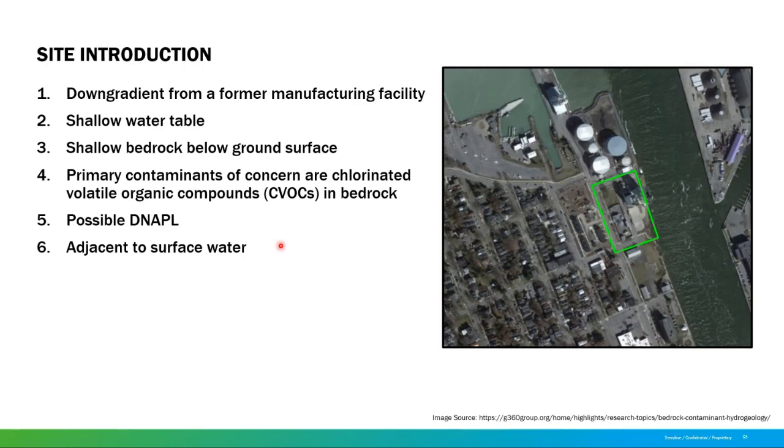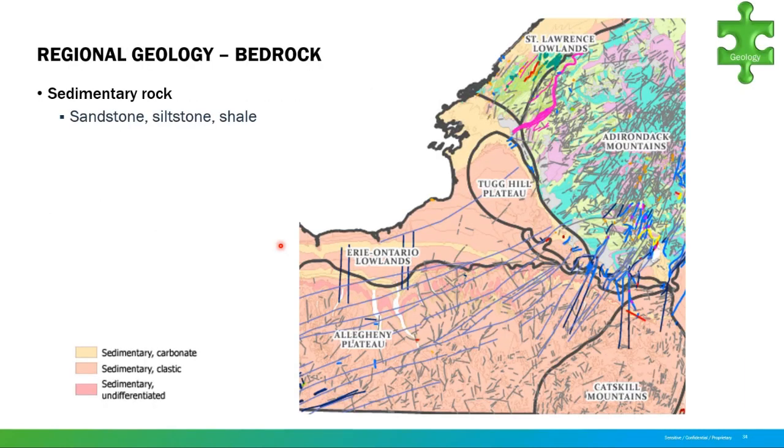We're going to show you a little bit how we walked through the desktop study, some previous investigations, and then how we're going to use our matrix tool to help guide our own investigation and how we chose to characterize the site. So this is again our map from our first component. And generally we can see that we're dealing with sandstones, siltstones, and shales, primarily sandstone with some interbedded siltstone and